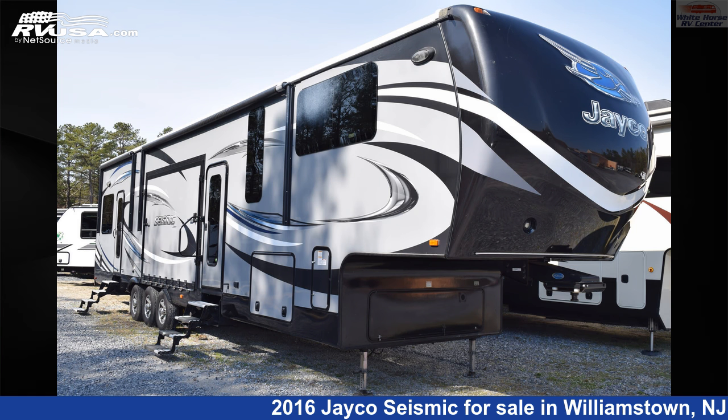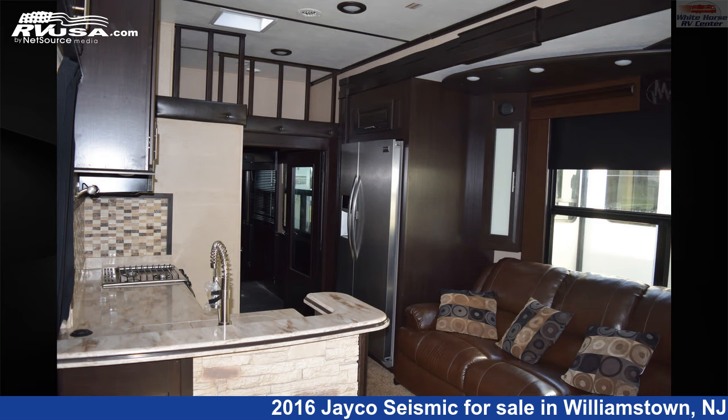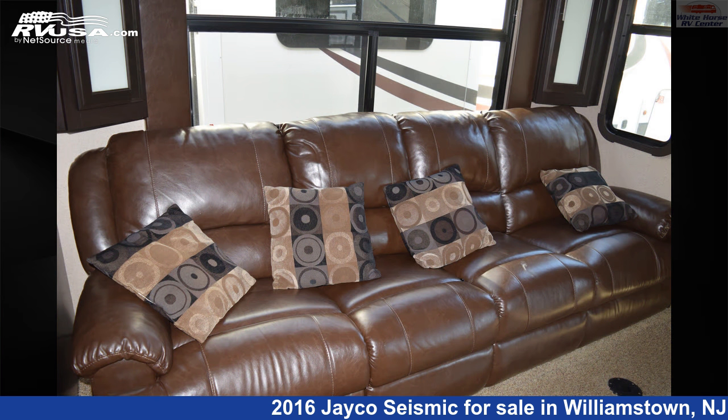This 2016 Jayco Seismic 4212 double slide, side patio, rear 12 feet cargo is a fifth-wheel RV. It is located in Williamstown, New Jersey, 08094 and is offered for sale by White Horse RV Center. This used Jayco is 45 feet 2 inches in length and features two slideouts, a tan, brown classic neutrals interior,